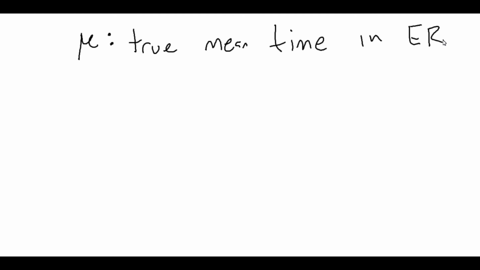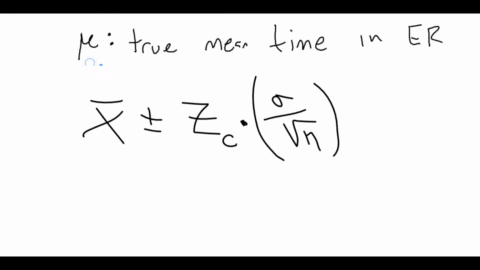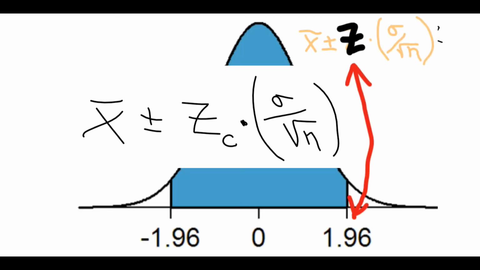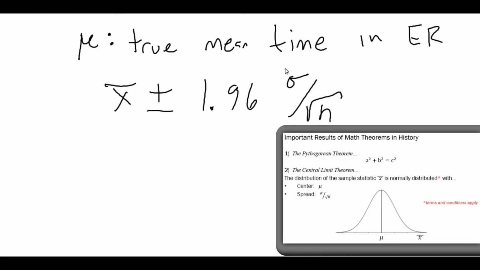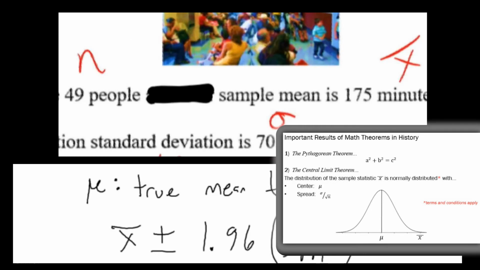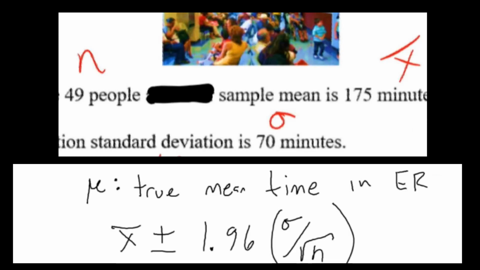The way we can estimate that with 95% confidence is using the formula for the 95% confidence interval, which is the sample mean plus or minus our critical value, our fancy z-score. Here we know it's 95% confidence, so we'll just plug in 1.96 right away times the standard error. The population standard deviation divided by the square root of the sample size. So this is the formula that we'll use, and now we just need to substitute in the values that were